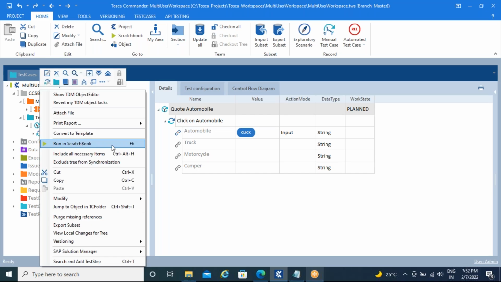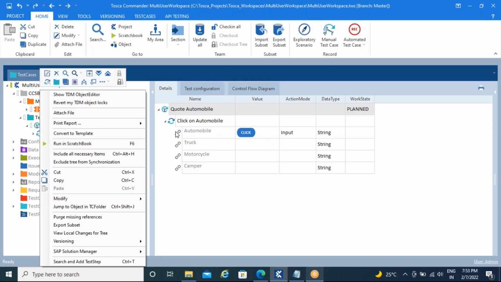There are two ways you can run your test cases. One is execution list and the other is run in Scratchbook. Scratchbook is nothing but the log information is not saved. Okay. And in execution list, everything will be saved there. Okay. We'll discuss in detail. Don't make yourself confused. Just for this demo purpose, just make sure,